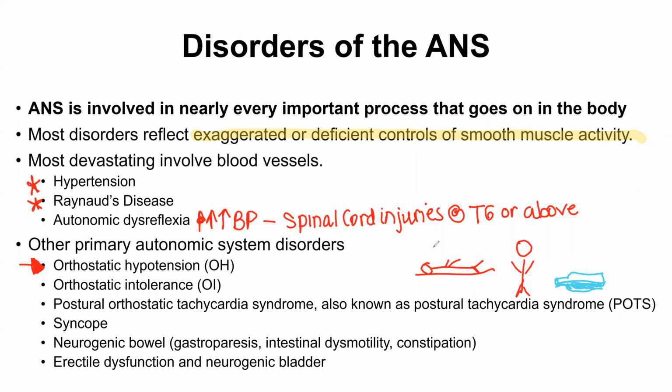So think about this water bottle. When it's laying on its side, the water is pretty evenly distributed. And then if all of a sudden you sit it up, where's all the water go? It goes to the bottom, right? Same thing happens in people, except instead of water, we're talking about blood. So all of the blood pools down to the legs, and for a brief second, our brains don't get enough blood.